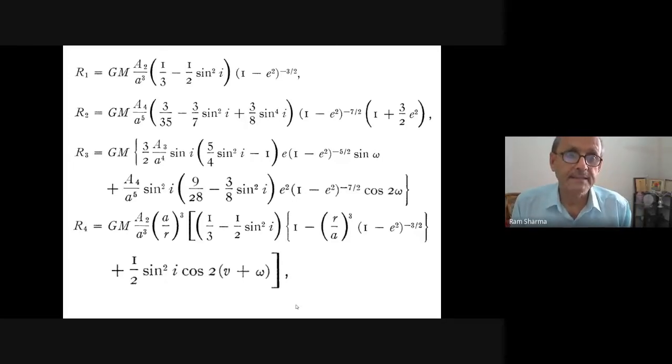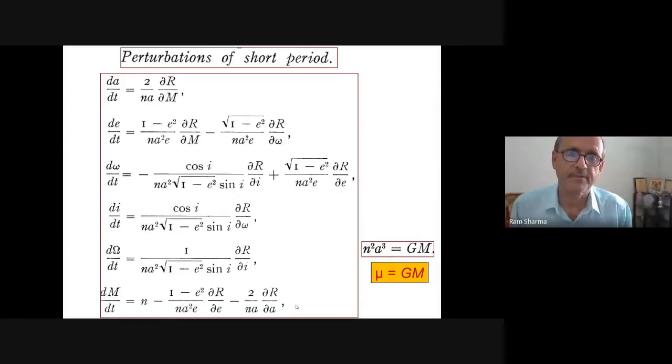difficulties. So R3 is the long period, which contains both A3 and A4 terms, and R4 short periodic terms are only by J2. You don't have them by J3 and J4. That is the thing which he identified. I have taken these things from his paper only. I am having a paper. Those who want, I can send it also.